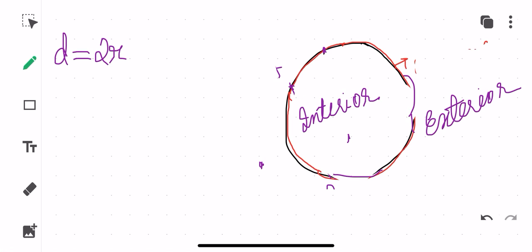So whenever we are talking about external and internal points, they should be on the same plane as the circle. And it is understood, children, since we are talking about a circle which happens to be a 2D figure, that they have to be in the same plane. Okay, when we talk about the interior, an interior point is a point that is lying on the same plane as that of the circle, and its distance should be less than the radius.